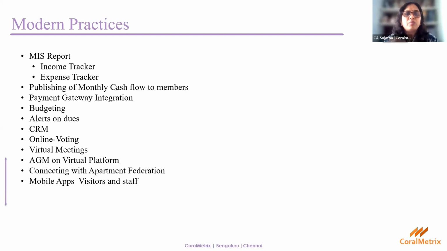Some of the RWAs, to maintain integrity and transparency and gain the trust of members, realize that accounts and audit need to be given importance. Whereas there are a few apartments which neglect accounts, audit, tax laws and statutory compliances, obviously they end up